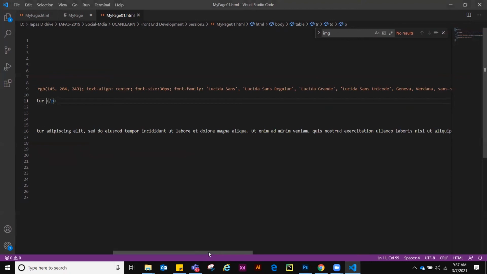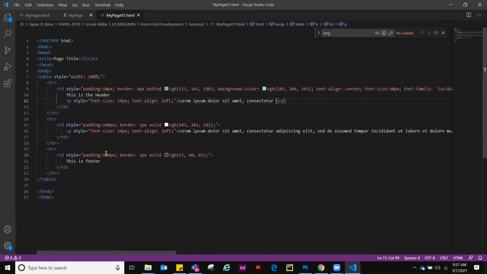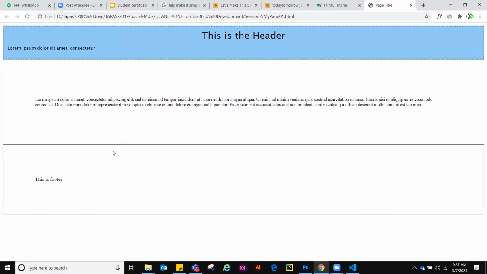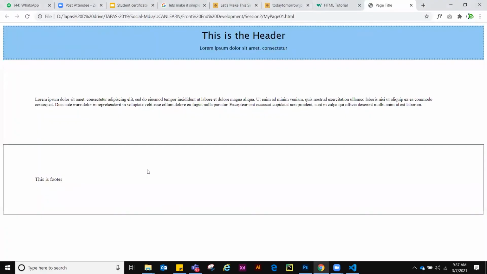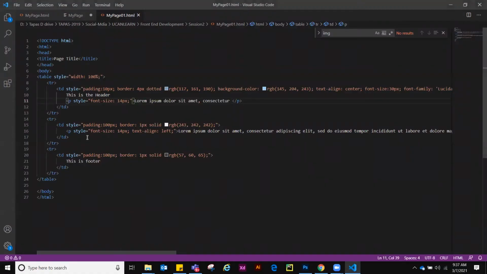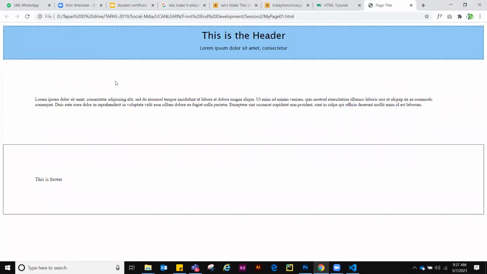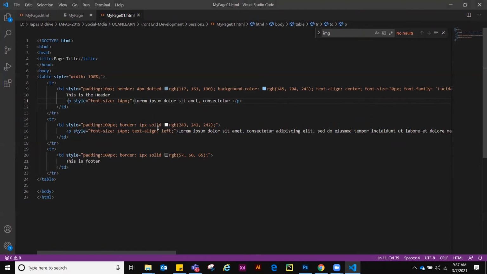It is 100 pixel. Now let's introduce some height, because this is not going end to end, right? So in this case, first remove this text align left. Okay, so now it is looking a little like an actual web page. Now see that this is not end to end. So what I can do is first change the padding. This 100 pixel is too much.